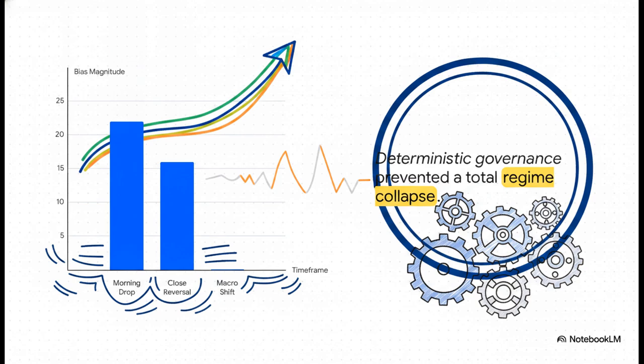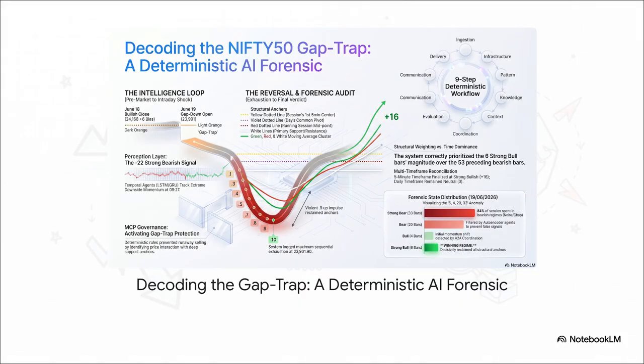Notice the progression in magnitude here. From that devastating -22 morning low, buyers stepped in and executed a high-magnitude intraday reversal, eventually closing the micro time frame at a strong bullish +16. And all the while, the overarching daily macro time frame just completely absorbed the shock, staying rigidly neutral right at zero. This forensic audit maps the 9-step deterministic workflow, showing us exactly how that violent upward impulse reclaimed all its